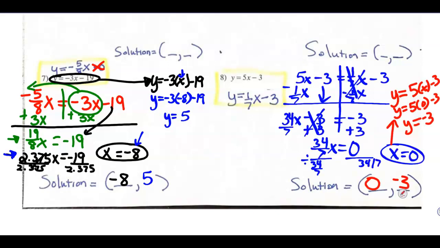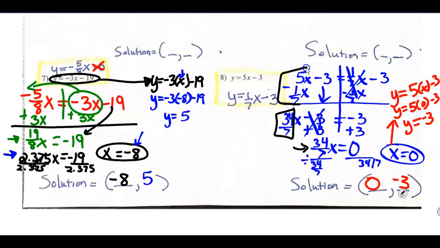Okay, so you should be checking yours now. This one was a little more challenging because it had the fraction in it. If you noticed, when you moved the 1/7 over, so right here you were subtracting 5 minus 1/7, you should have got 34 over 7. To do it as a decimal, it actually just kept going and going. It was really long, so I kept it as a fraction. So then, it's a two-step equation, so I added 3 to both sides, and I ended up with 0,